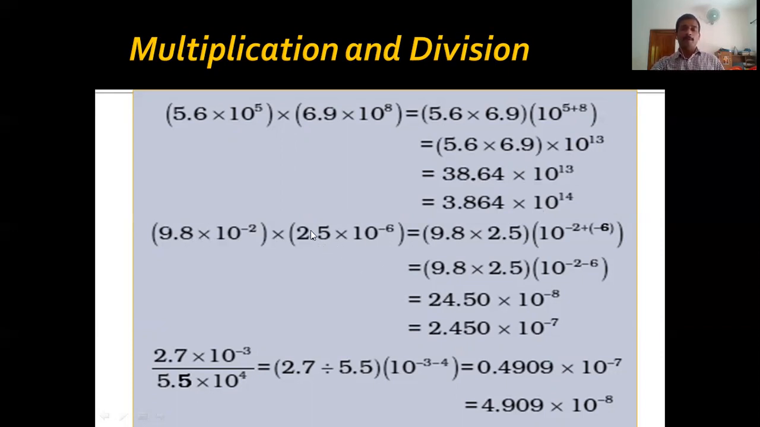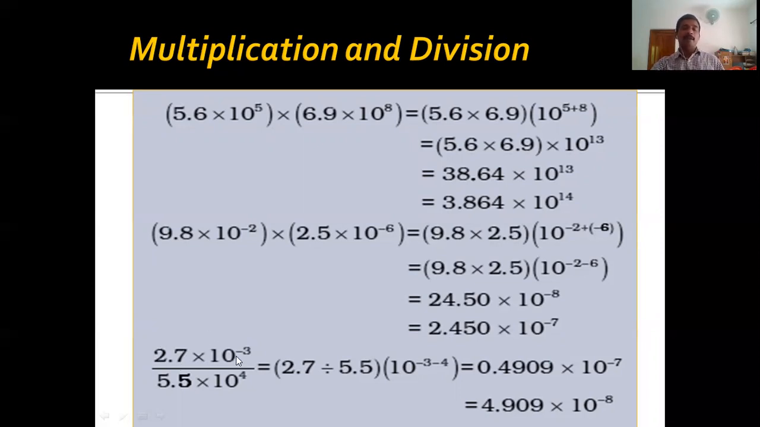Integer part 9.8 into 2.5, exponential part 10 raised to minus 2 into 10 raised to minus 6. That is 10 raised to minus 2 plus minus 6. When you multiply these two, you will get 24.50 into 10 raised to minus 8. 1 place to the left, 2.450 into 10 raised to minus 7. For the division,